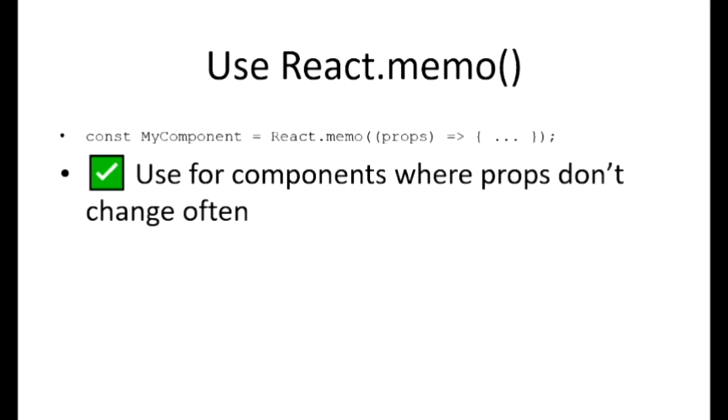But if you provide an umbrella of React.Memo to your component, then if the props are not changing, that child component will not re-render. So it avoids the unnecessary rendering of the component. It is a very important, powerful concept which we should use to avoid unnecessary re-rendering of functional components, and use it when component props don't change frequently.